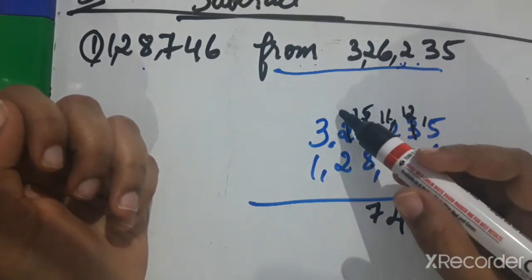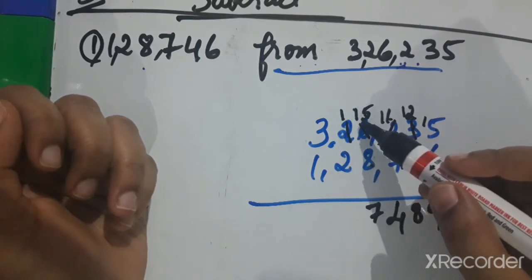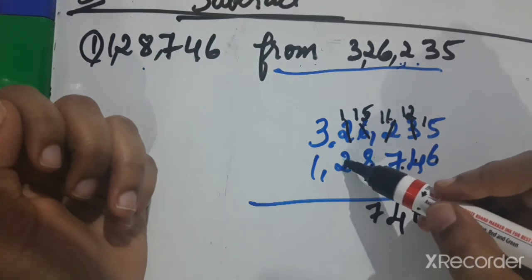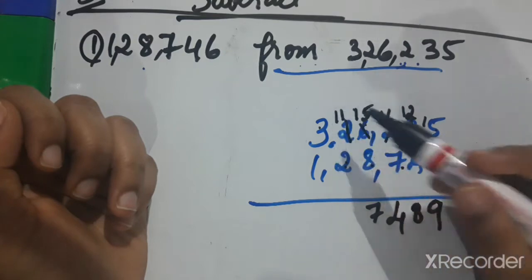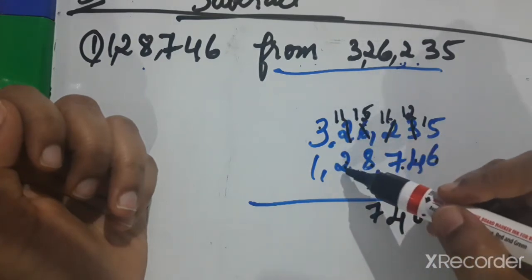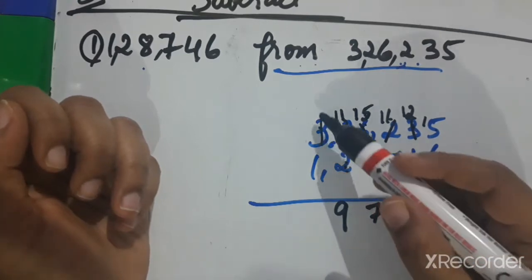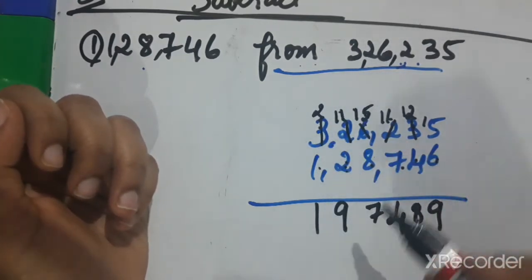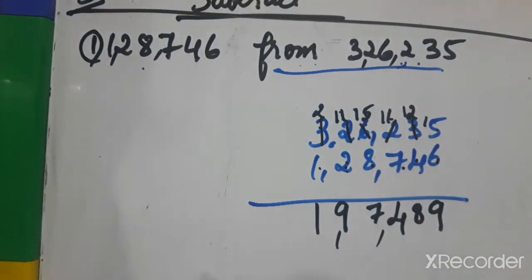Now here 1, because he gave 1 to his friend. So always, in subtraction the first number should be greater. So 1 minus 2 we can't subtract, because 2 is greater than 1. So borrow 1 from the next number. So here it will become 11. 11 minus 2 means 9. Now here 2, because he gave 1 to his friend. Now 2 minus 1 is 1. Answer is 1,97,489.